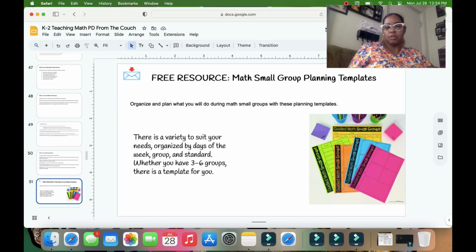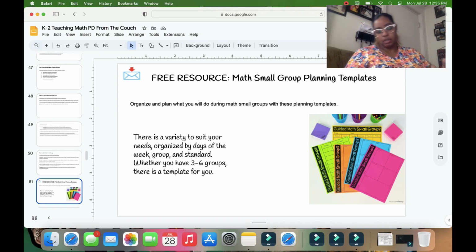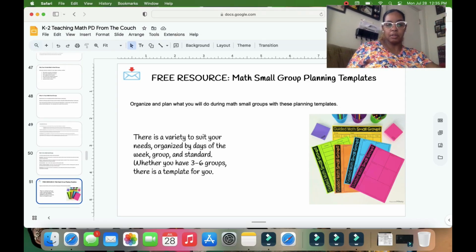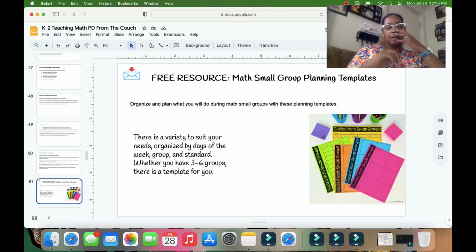So the free resource with this is the guided math small group packet, and I think that this is really great because you can use this in different ways. So there is a variety to suit your needs, organized by the days of the week, group, and standard. Whether you have 3 to 6 groups, there's a template for you. The yellow one is based off of what groups you're working with throughout the week. The pink one is simply